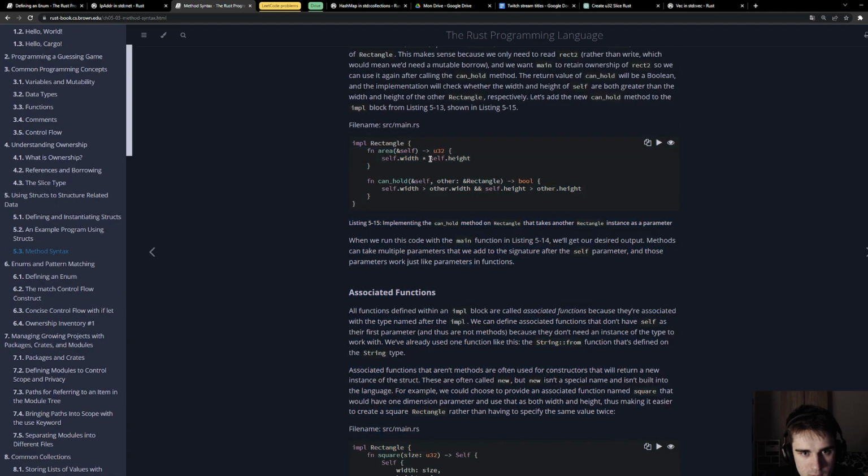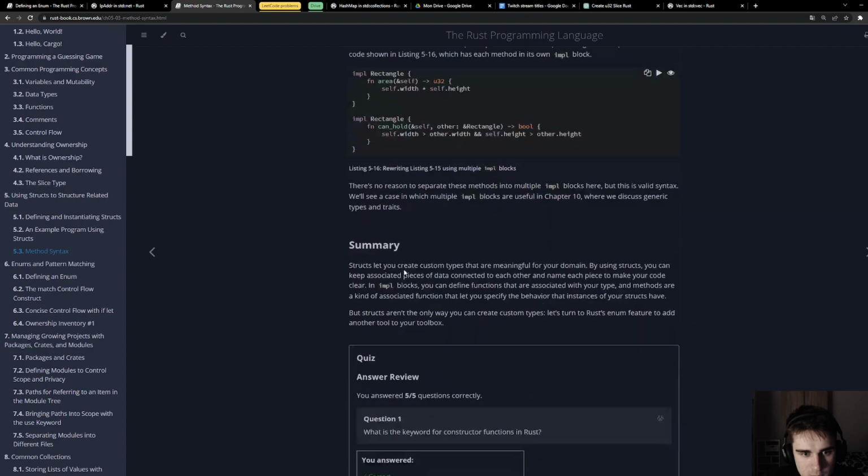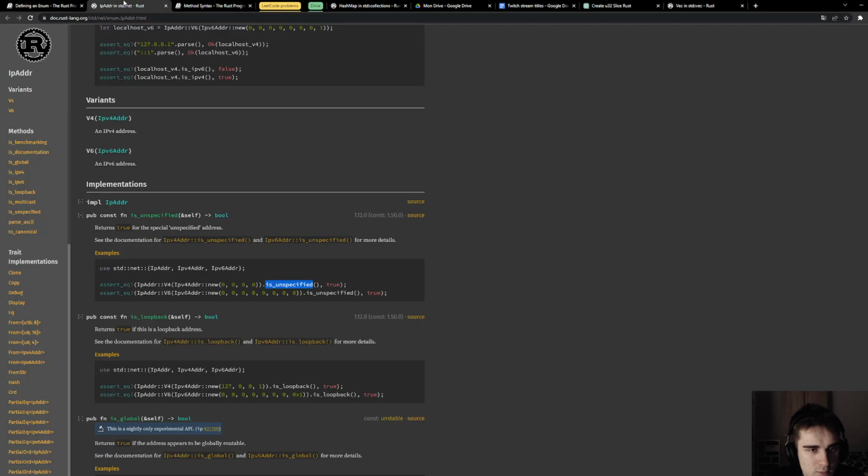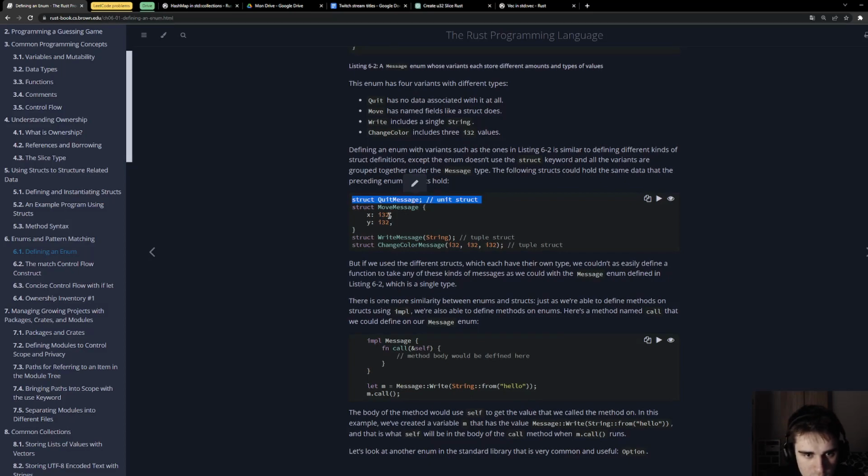Rectangle, fn self, okay. Now I don't see where we have seen the empty struct here. Anyway, let's continue. Unit struct, this makes sense.